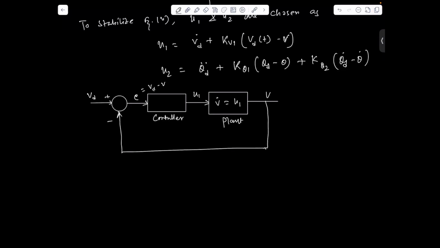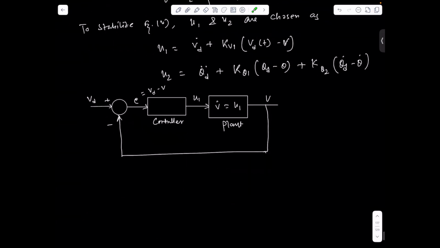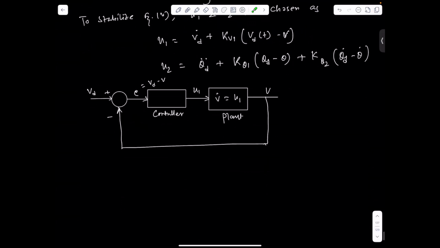Based on this, we are defining this control. This is what we have done in our modern control techniques. So our expression U1, we can write like this. This is the control expression we are getting from this error variable. This is how we can design control to control V, and similarly, the same way we can define the control input for theta.